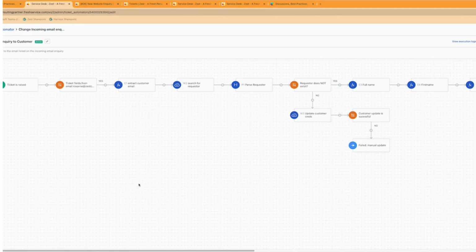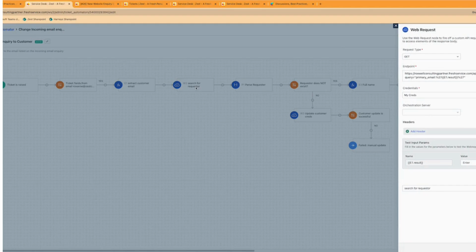So for this particular use case, the requester needs to already exist. So we're going to take that email address, and using our API, we can search for that requester by their email address. Here you can see this is my endpoint. I'm using a GET, and rather than saying get the ID of the requester, because I don't know what that is yet, since I've just been passed a text string with the email address in, I'm going to query the field primary email, which is mandatory. We have to have that, or a telephone number, whatever it is that you're using. And the syntax for that is